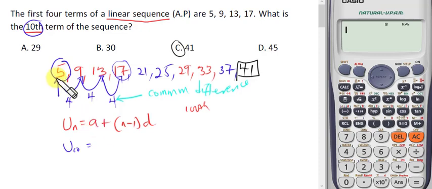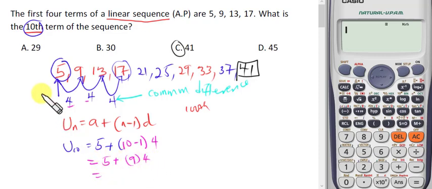So the first term of the sequence is 5. So we put 5 here plus, and of course we are looking for the 10th term. So as I did say, our n is 10 here. So we have 10 minus 1, and the common difference is what we see here, 4. Now let us simplify this. Let's look at the bracket first. 10 minus 1 is 9,